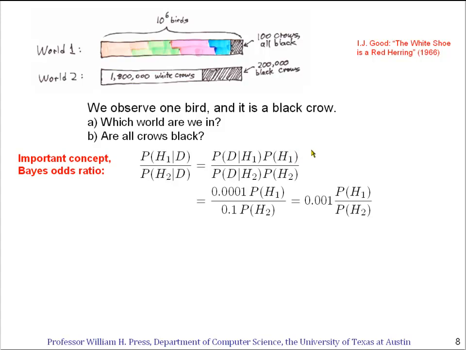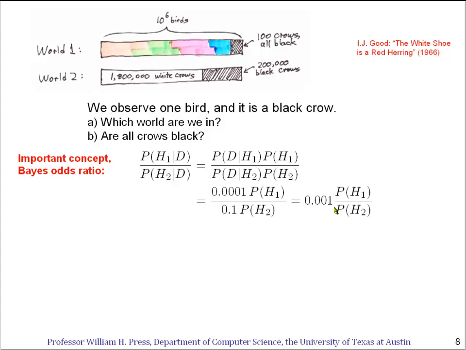I won't have to evaluate it. And then in the denominator, it's the probability of the data, the probability of seeing the black crow, given that we're in world 2. And in world 2, 1/10 of all the birds are black crows, so that's 0.1. Okay, so simply carrying through these prior probabilities without trying to evaluate them numerically,